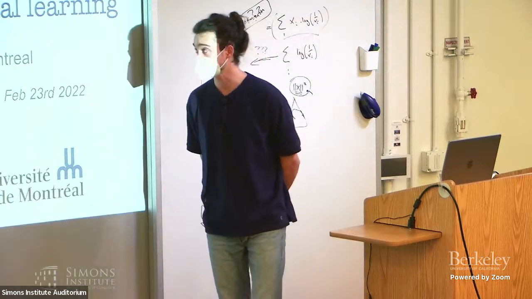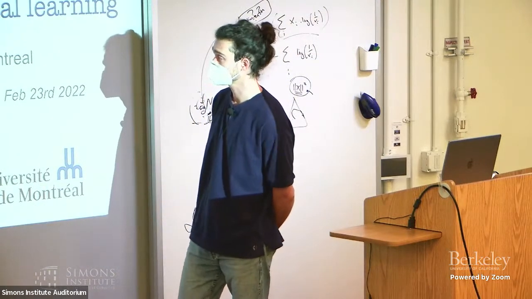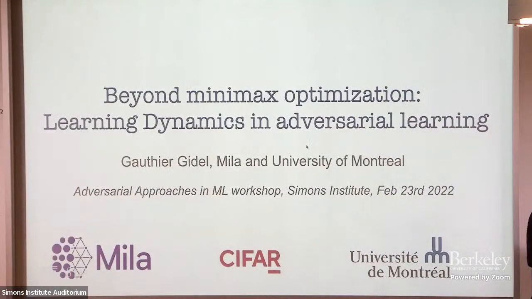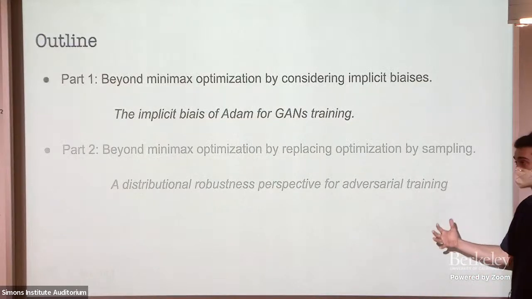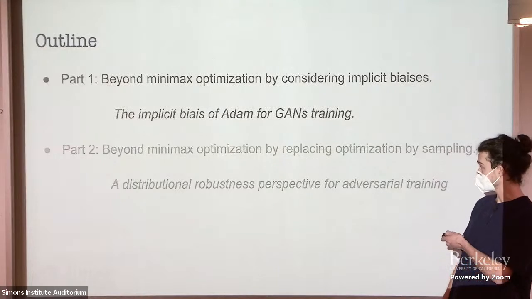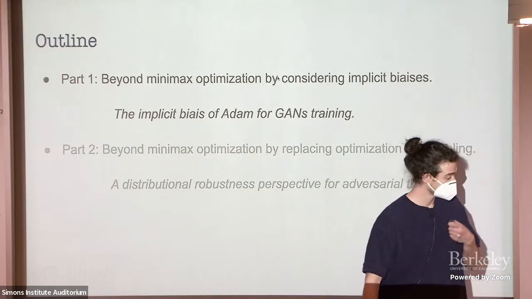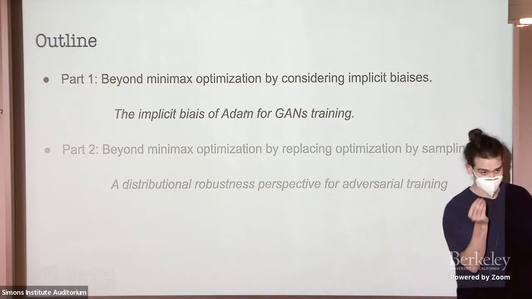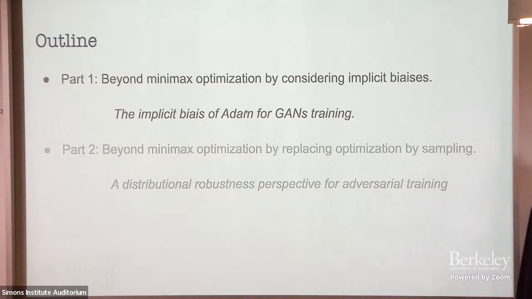Today I'm going to talk about going beyond min-max optimization, and in particular, taking into account the learning dynamics in adversarial learning. And I'm going to focus on two specific aspects. So in the context of GANs, I'm going to focus on the implicit bias of Adam for GAN training, which is basically the goal is going to be to go beyond min-max optimization by considering the fine-grained dynamics of the